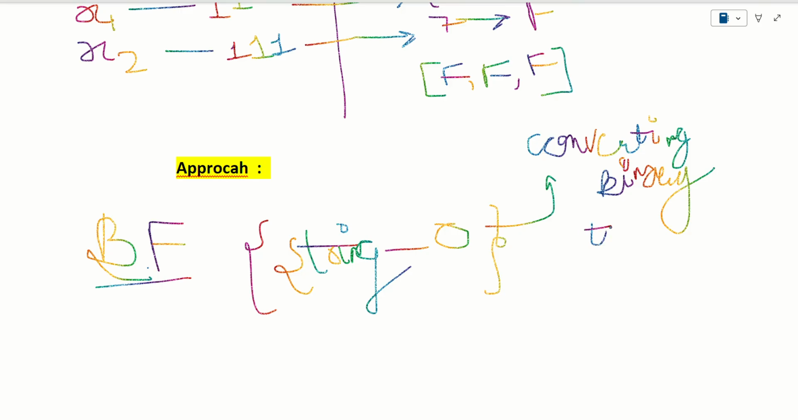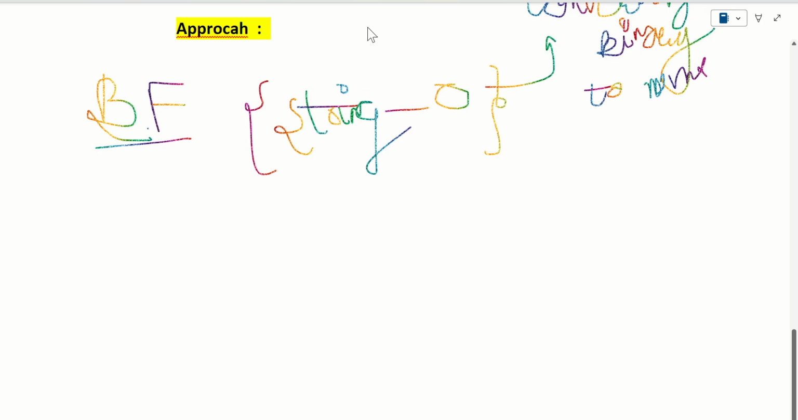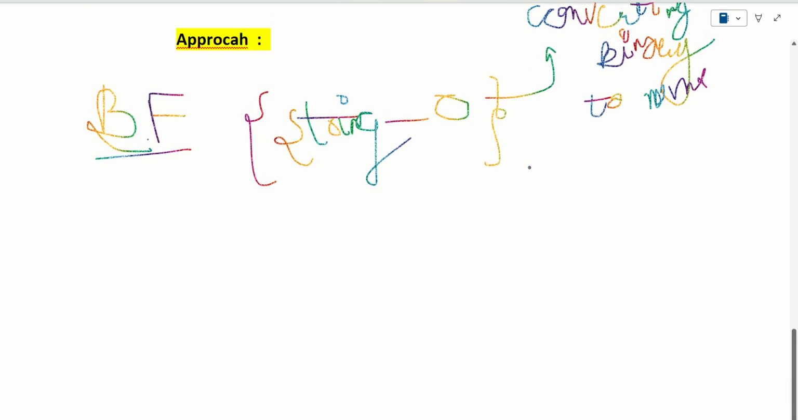Binary to nums. Okay, let me give you the code template for this particular brute force approach. Here, we are going to run a loop from i equal to 0 to n minus 1 index, and outside we are initializing an empty string,